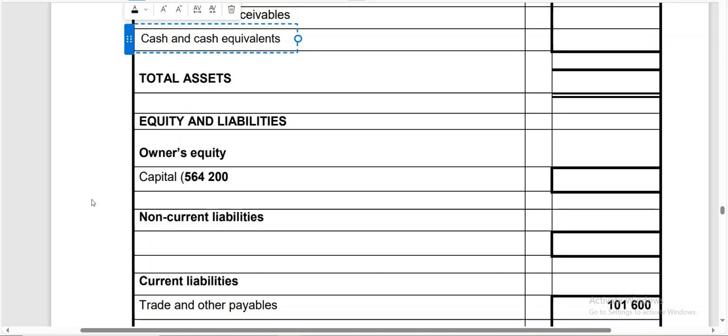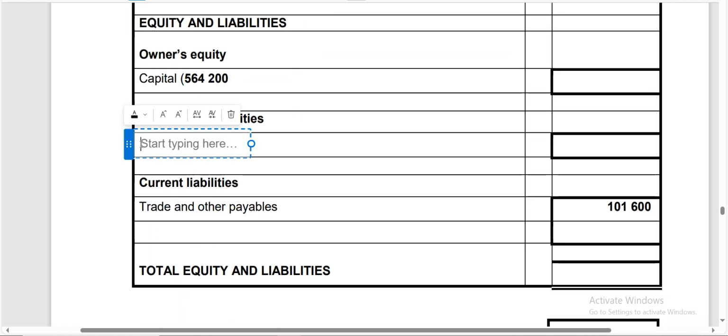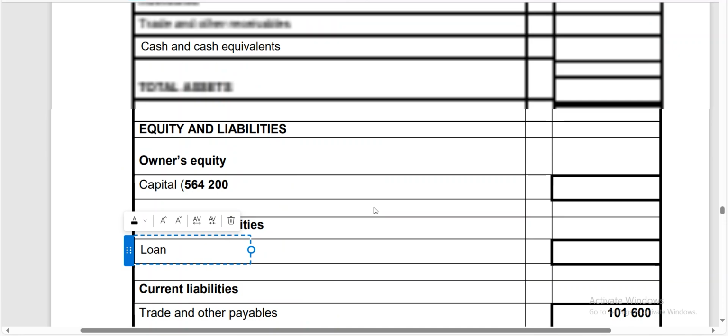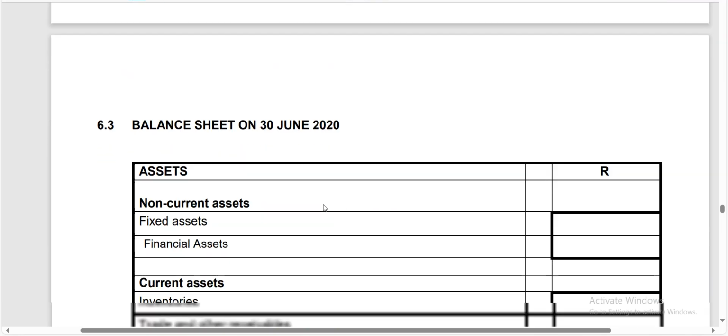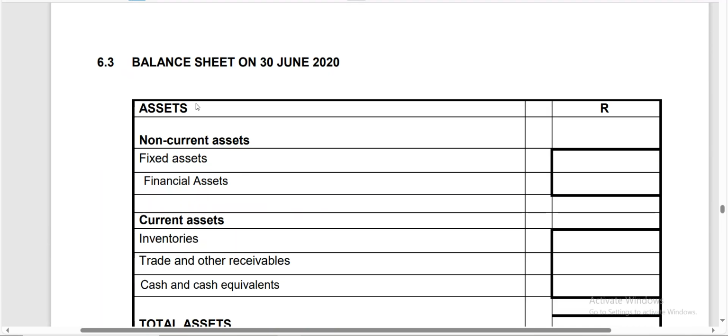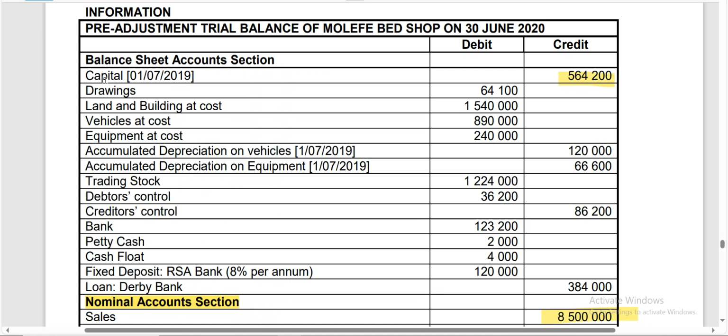Okay, and then once you're done with this, our capital balance has already been entered. We know that under this we are going to have our loan, and then under trade and other payables we would also have current portion on loan, but that will be controlled by our information. So for now I won't enter it because I don't know if it's there or not. So let's start here. We have our capital balance. It has already been entered for us. We have drawings of